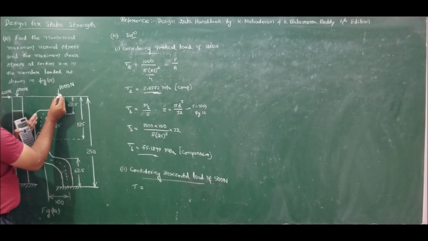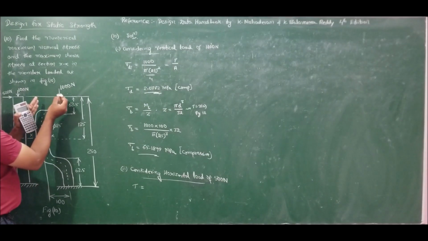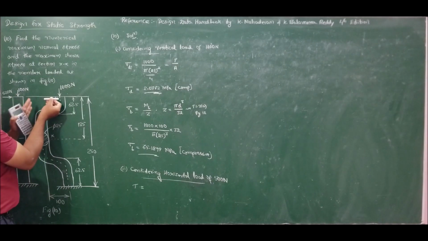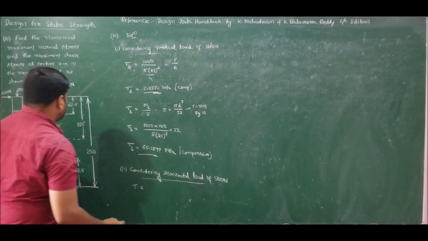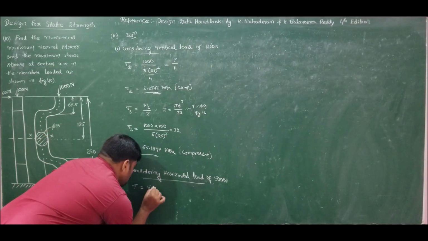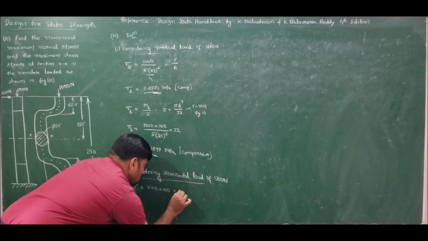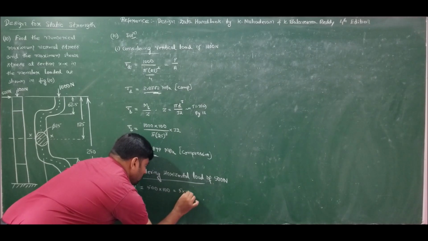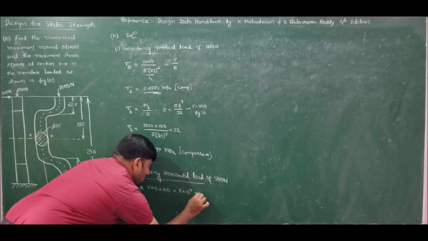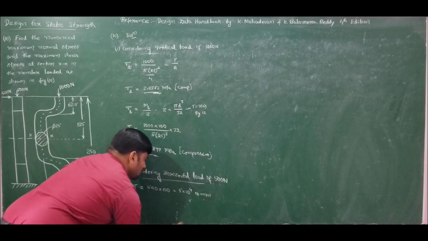So 500 Newton into distance, which is known, 100. So torque will be 500 Newton into 100 mm, which is equal to 5 into 10 to the power of 4 Newton millimeters,